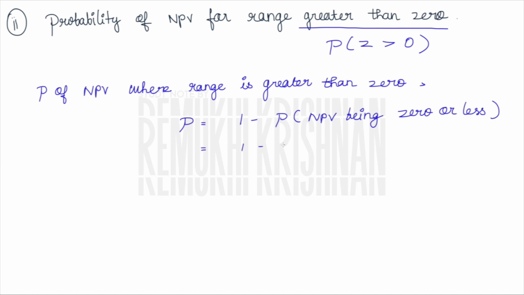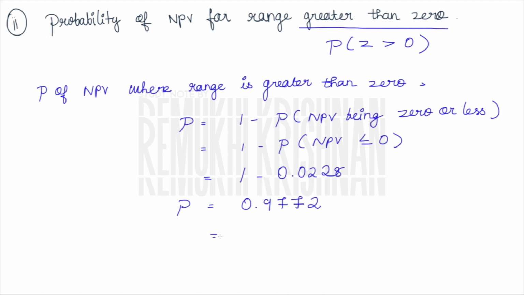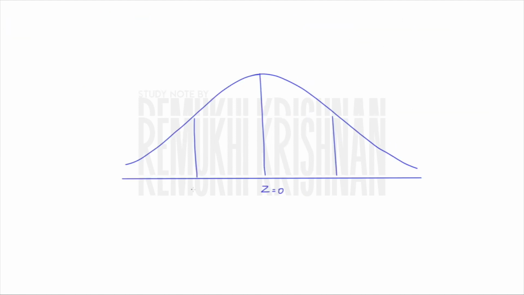That is, again, this is kind of a q. Like if my probability is p, my q is going to be 1 minus p. So 1 minus P of net present value less than or equal to 0. So we already know what is the value. So the rest area comes to be 0.9772. Again, if you see here, the value doesn't exceed 1 because the total area is always going to be 1. Okay, so 97.72% is the probability.